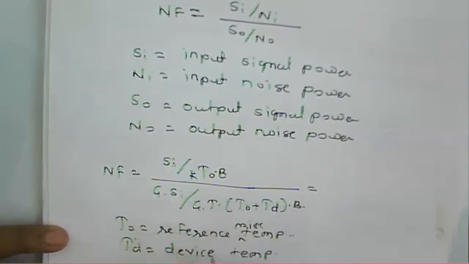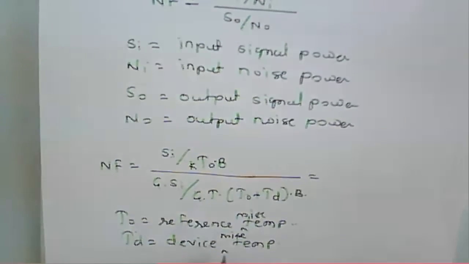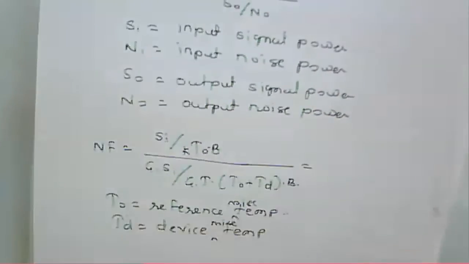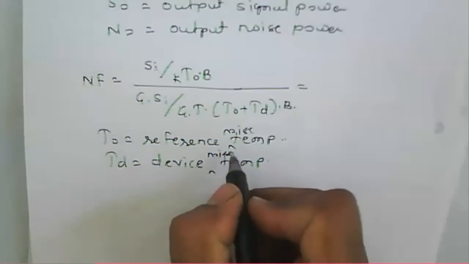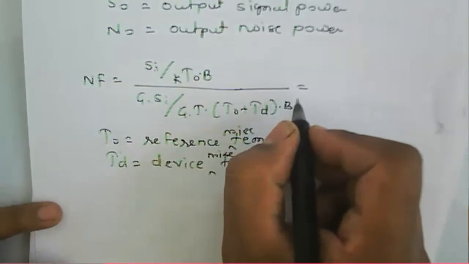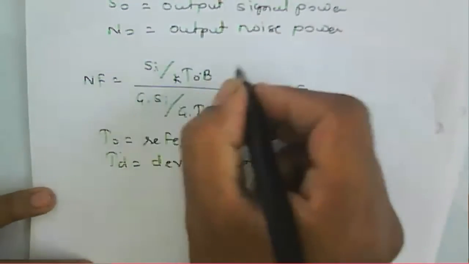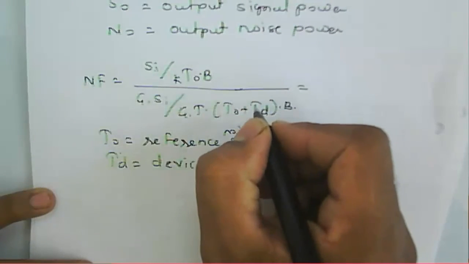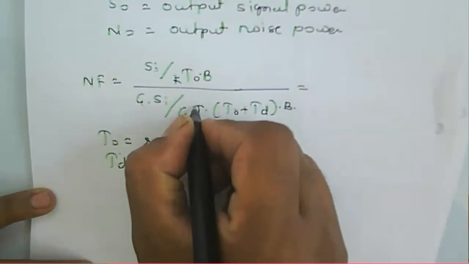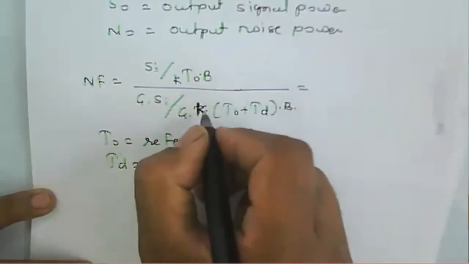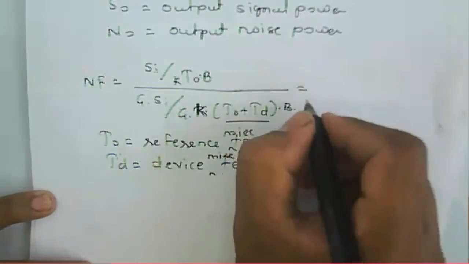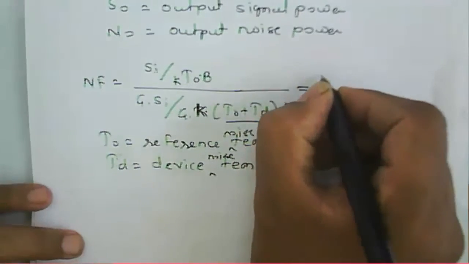Okay, we have forgotten the noise term here. So with the reference noise temperature and device noise temperature, we will get the noise figure. And if you solve it further, this one is about GK, K we missed here. So this one is about T0, TD for the receiving, because it is for the output. So you will get that